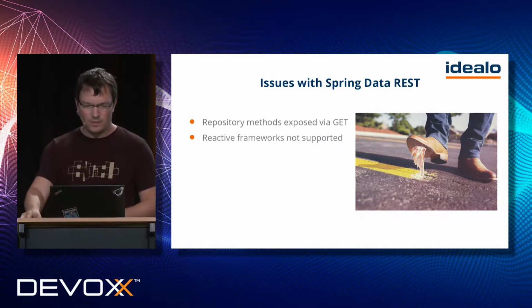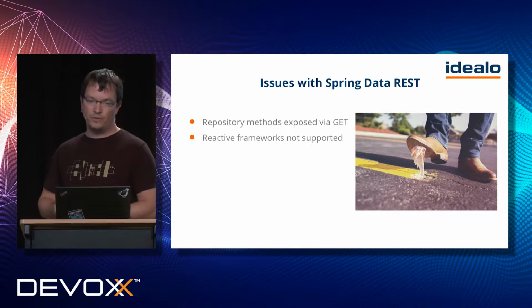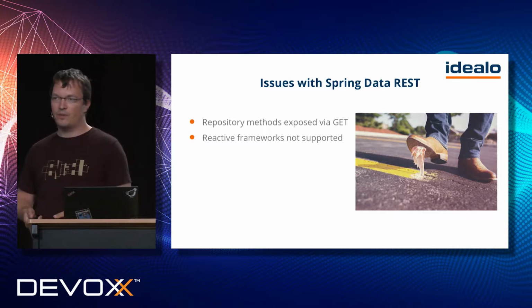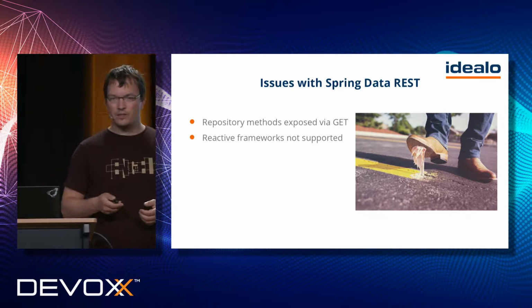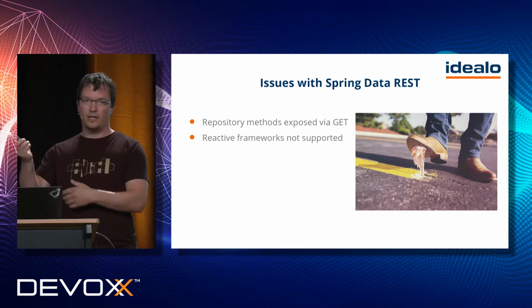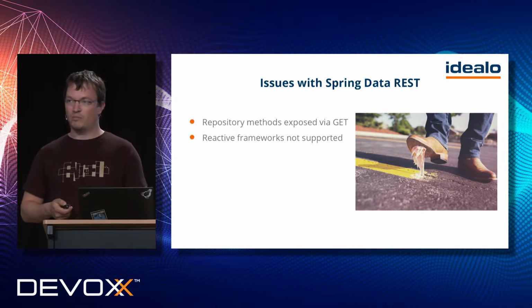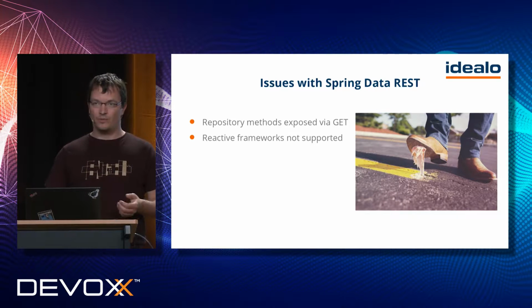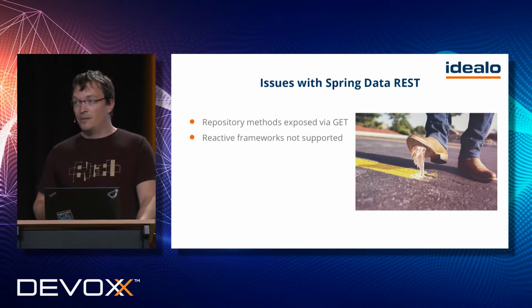We detected two issues with Spring Data REST. The first issue was, someone came to us and said, hey, I can delete your entities with a GET request. And we wondered, how did he do it? We had in our repository a method delete by some ID, and Spring Data REST exposed this method as a GET method, and so we could just delete an element via GET,